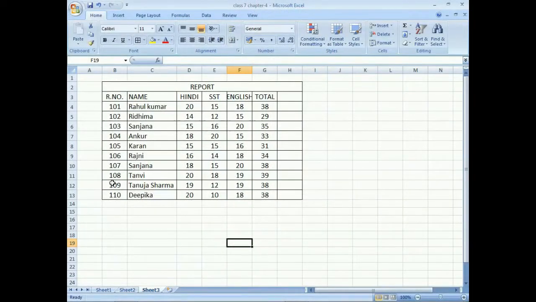Select the cell or range of cells that you want to copy. For example, we want to copy the names of the students and marks of the Hindi subject, so we'll select the range of cells. Then click on the copy button in the clipboard group.